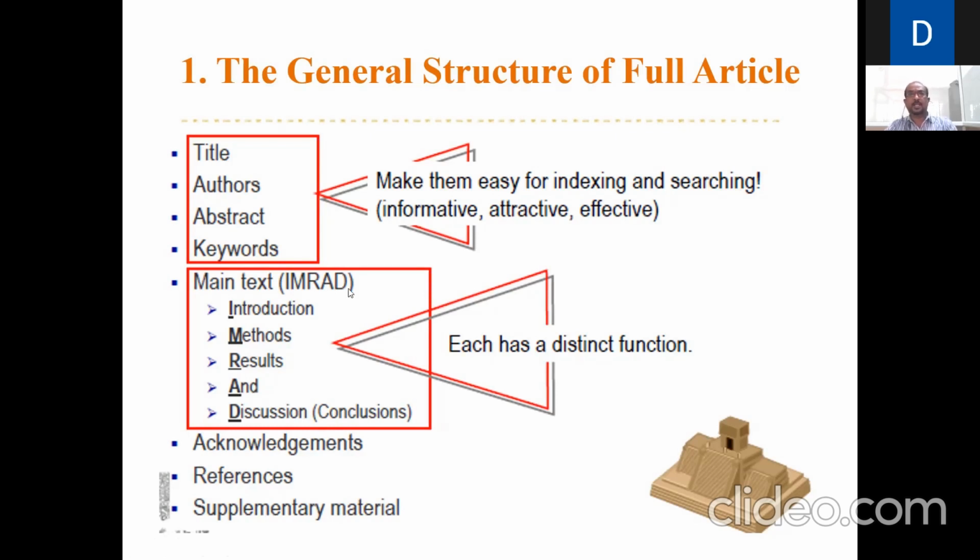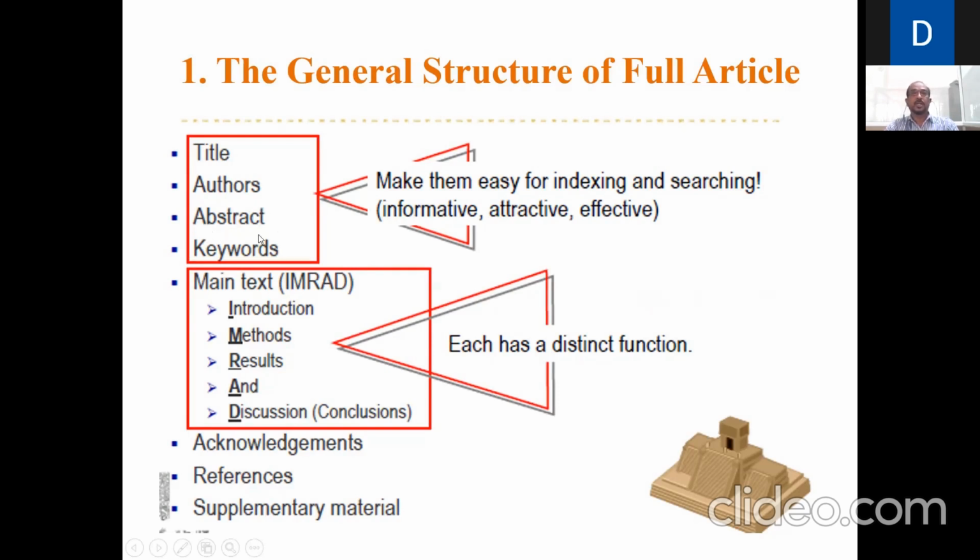Next one is the abstract. Abstract is nothing but the juice of your paper. So you should write your abstract very interestingly. Then only, when your paper is submitted to any journal, the editor will first go through the abstract and the conclusion. If it creates some interest for them, then only they can promote your paper to the review process. The face is the index of the mind; like that, the abstract is the index of your paper.